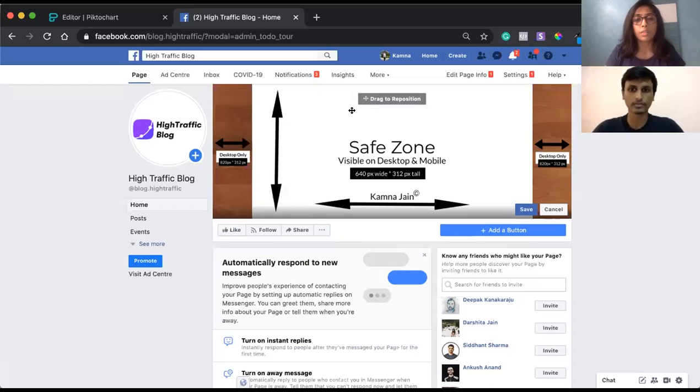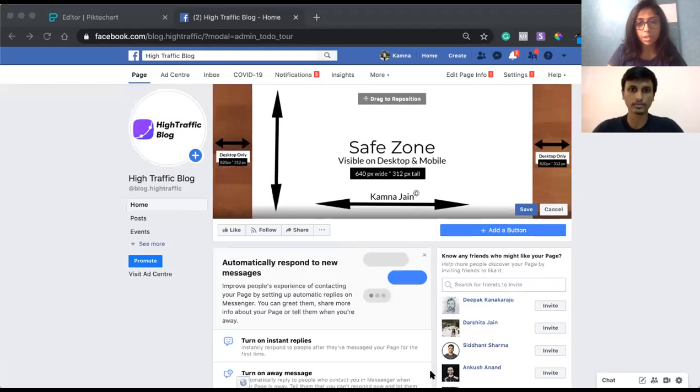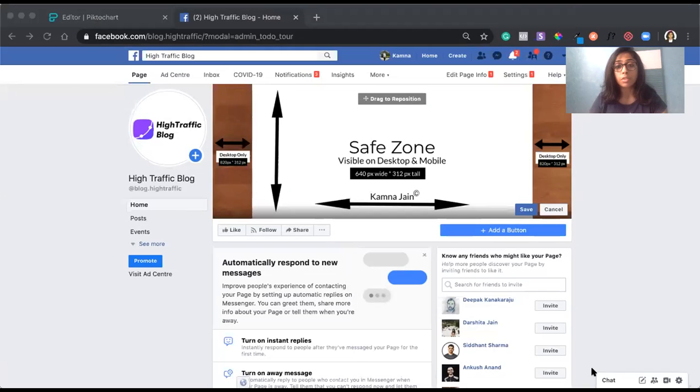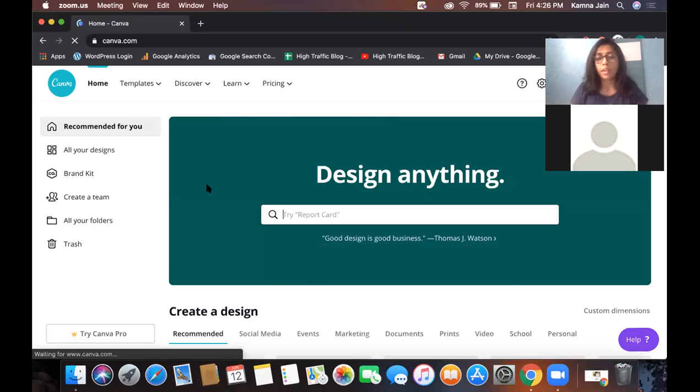So what we will do is design a cover photo on Canva. Let me change my screen here. I'll open Canva and we'll quickly design a cover image. You can also use different stock photos and inbuilt images from PickToChart or Canva. PickToChart has an integration with Unsplash directly, so you can go ahead and use that.